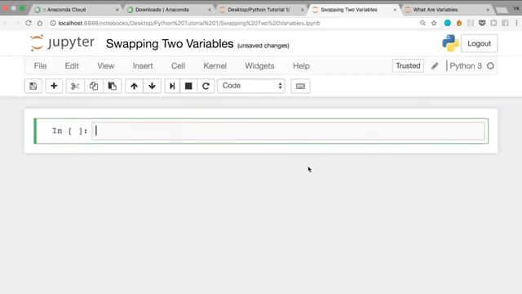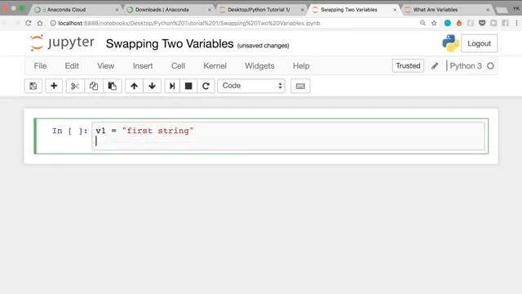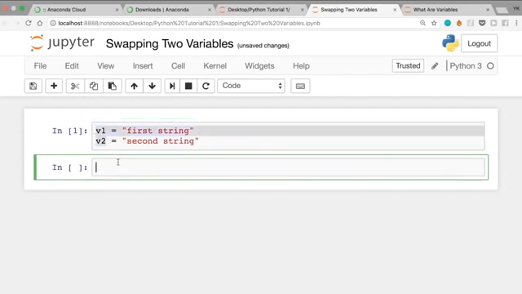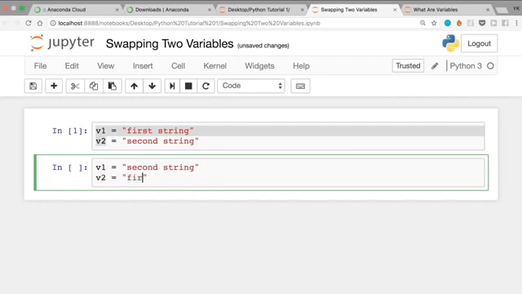And here's the problem. You're given 2 variables. Let's say v1 equals "first string" in double quotes and v2 equals "second string", again in double quotes. How can you swap the values within these two variables with each other? The easiest way to solve this problem is just to write v1 equals second string and then v2 equals first